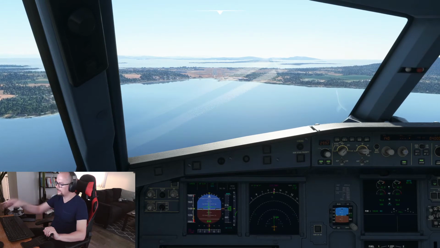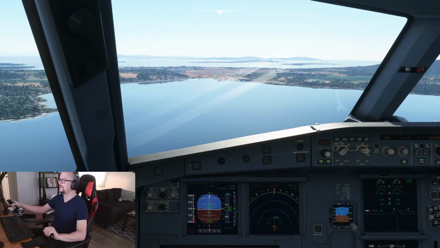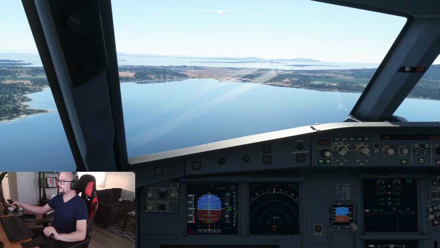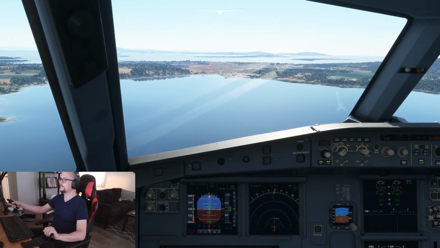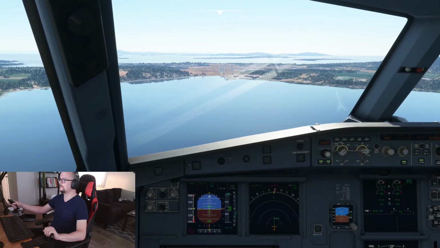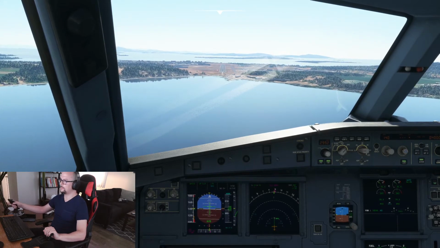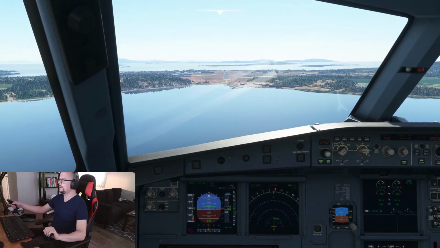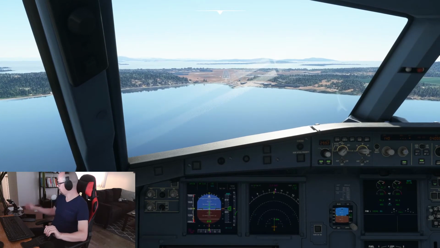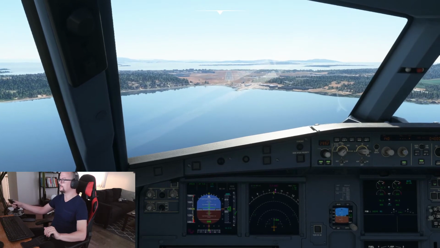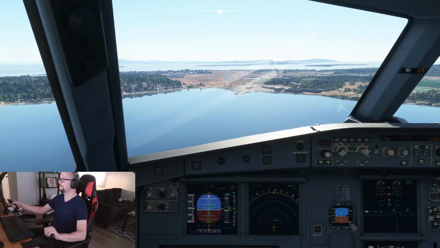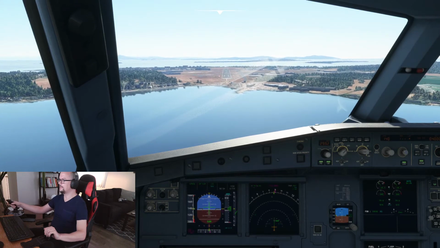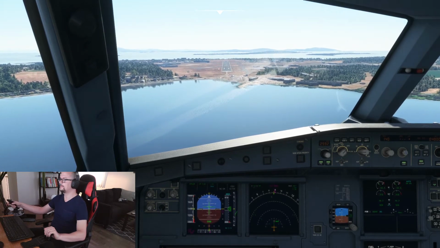Okay, so you can see it's a little bit off center on the localizer, but the glide slope's still pretty good. So what I like to do is just do my best with looking at the runway and descending, and then check and verify on the glide slope and the localizer that you're still in good shape. So now I've gone just a little bit too high, so I'll pitch the nose down a